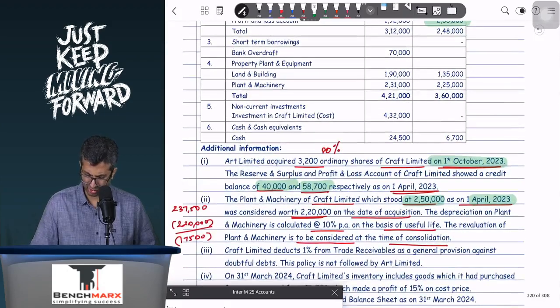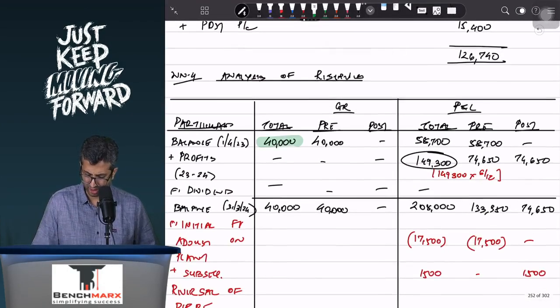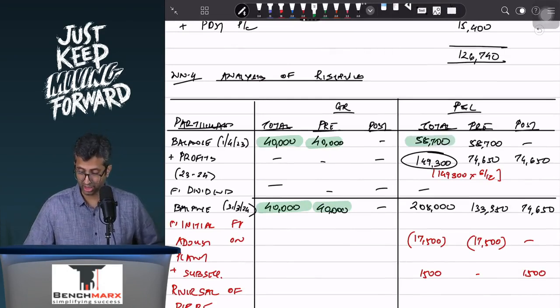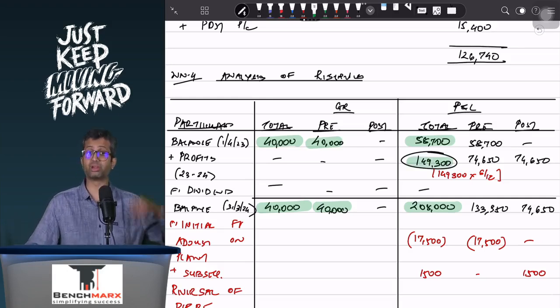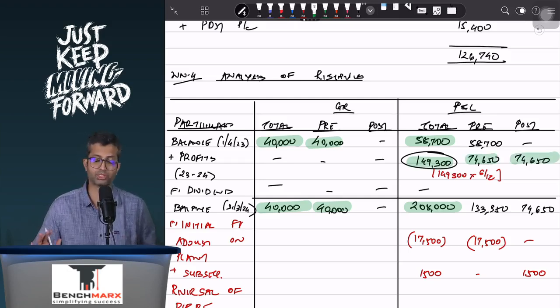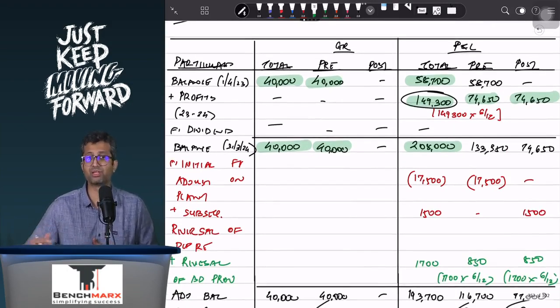So can I say in general reserve there is no change? 40, it is 40. The entire thing is pre. There is no change. But in the P&L, you started at 58,700 and ending is 2,08,000. If there is no dividend, the difference over here is 1,49,300. But remember, this cannot be fully post, cannot be fully pre, because this is for the year, out of which 6 months is pre, 6 months is post. 74,650, 74,650. Now there will be a fair value adjustment after doing all of this of 17,500,